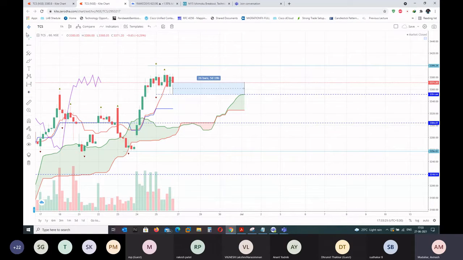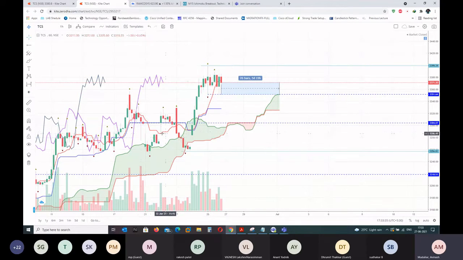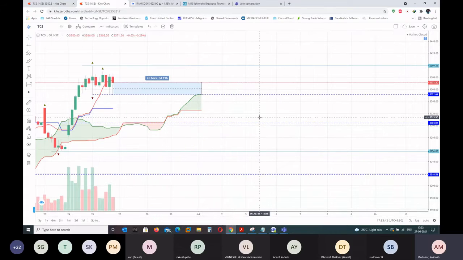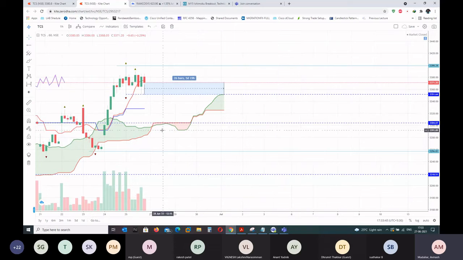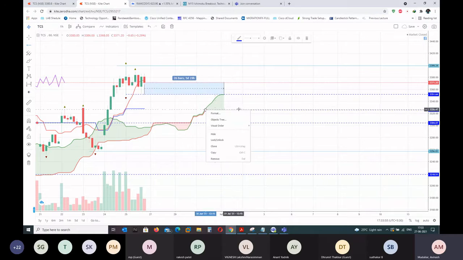In the future, if you're holding TCS, you can use this as a reference. Simply plot this line, and if price comes down, you will see it take some kind of support here initially. I'm saying this because you can see this line is so flat, and you can see this line here is flat too. Whenever it's flat, that means a strong support and resistance level. This blue line is the Kijun-sen, and this red line is span B. The span B is flat here as well.